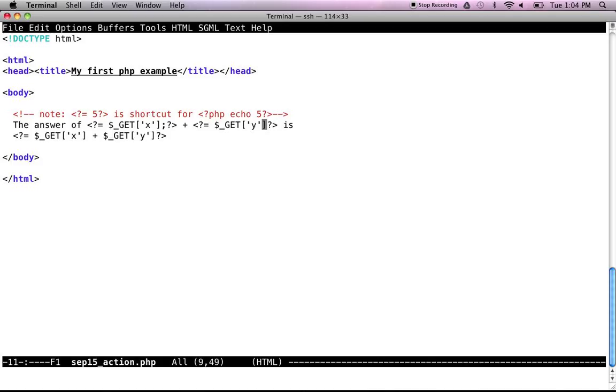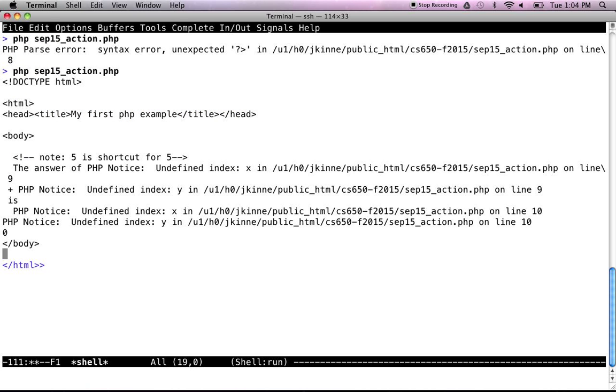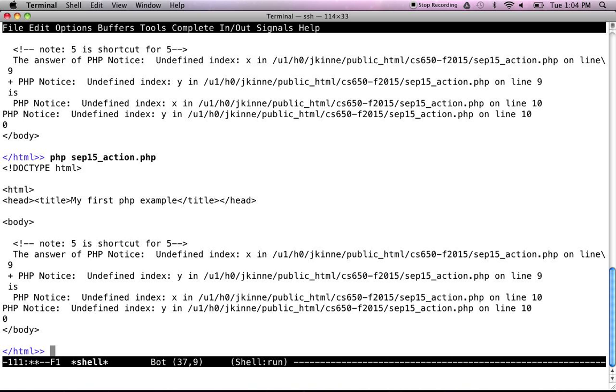Why do we have undefined index x? I just ran it like this. It's expecting some values from a form, right? So I didn't run it as a form. I don't know if I can give values here or not.